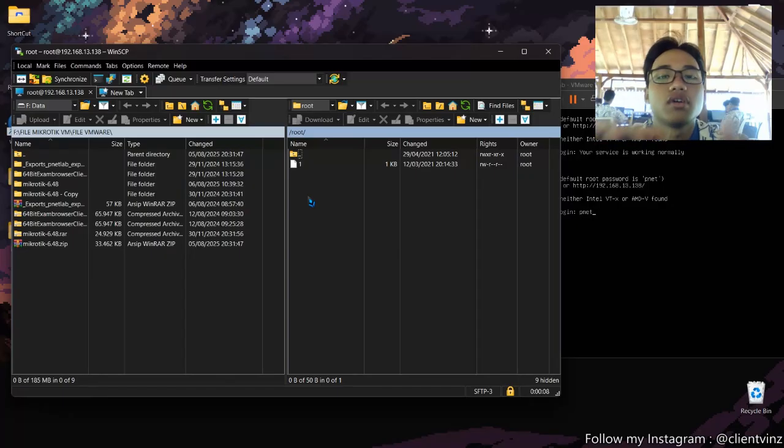Okay, now you will see something like this. There are two sides, right side and left side. On the left side, you can see your laptop or computer files, and on the right side, you can see the files of our virtual machine. Okay, so now